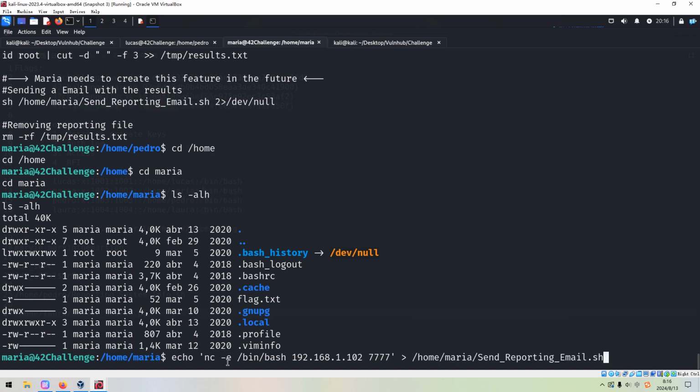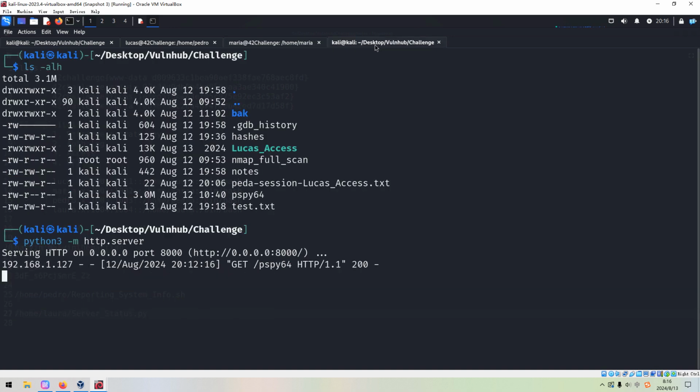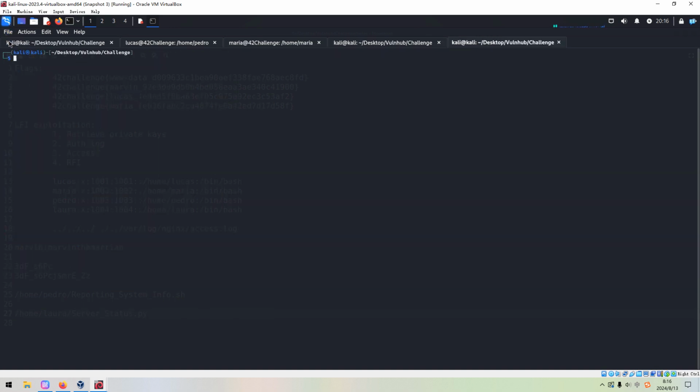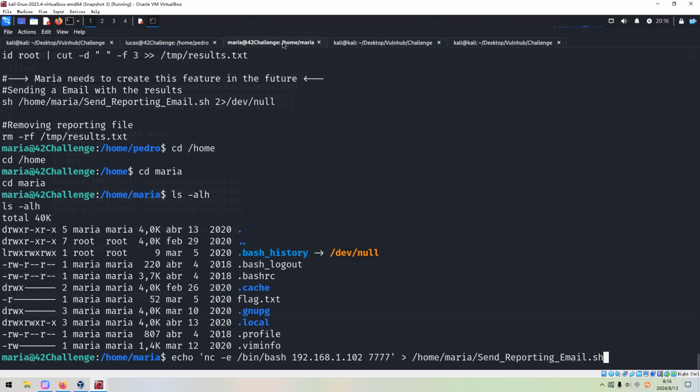I need to make a double check. So this will launch or trigger another shell. Of course, we need to set up another listener on the Kali Linux to wait for the connection from the target. And this connection should belong to Pedro, okay?